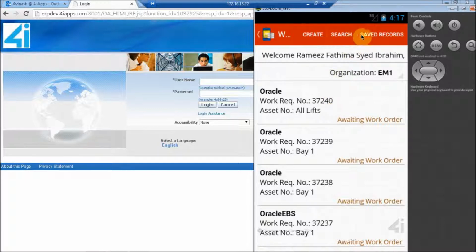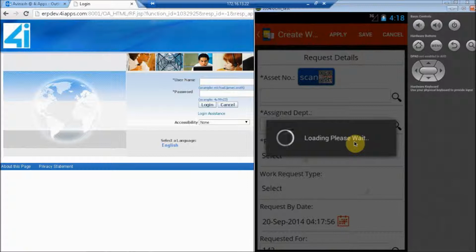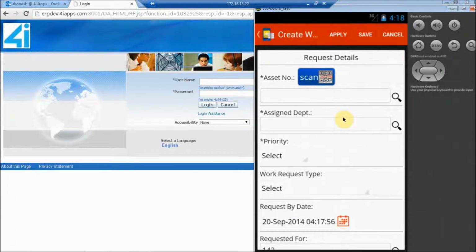As for the mobile, we have integrated a scanning functionality which helps personnel very easily scan asset numbers if available, or you can manually type them in.